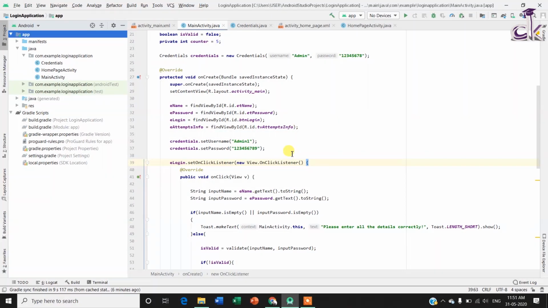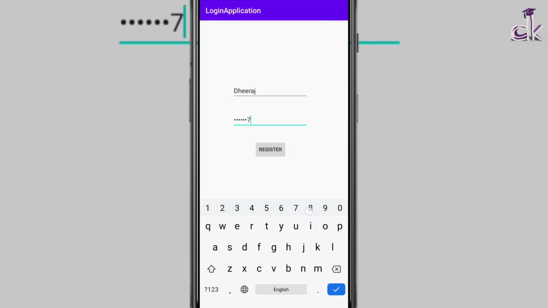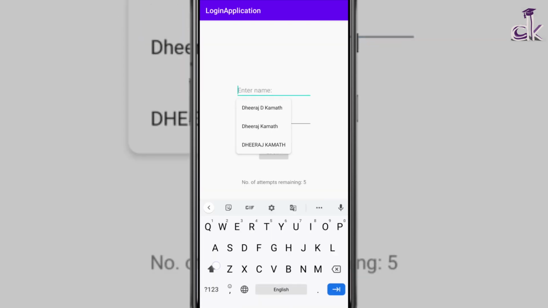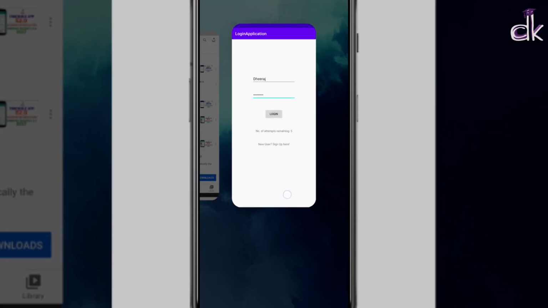So in the previous episode, we saw how to implement classes and we were storing our credentials using classes. What we saw was we were hard coding the username and the password, and I'm not a fan of hard coding the credentials this way. I would like to have a facility in the app where the user can come in and enter their username and password, right? So we want a registration or a sign up facility in the app, and that's what we're going to see today.